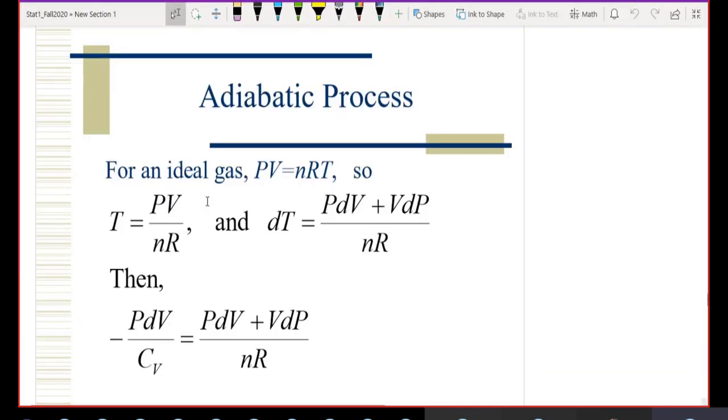Okay. So for an ideal gas, again we use PV equals nRT, and T equals PV over nR, and from here you just differentiate it. You take differential of T using this ideal gas law: dT equals P dV plus V dP, because this is again a product of two variables. So for a product you have to take differentials like this. I told you even yesterday that the differential of PV equals P dV plus V dP. So that you did here,